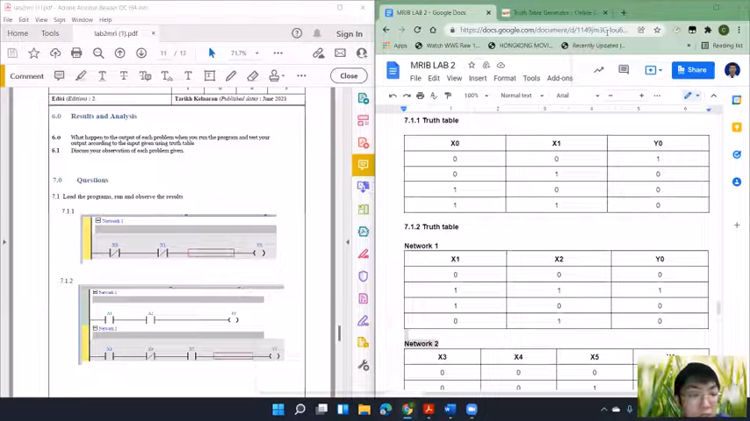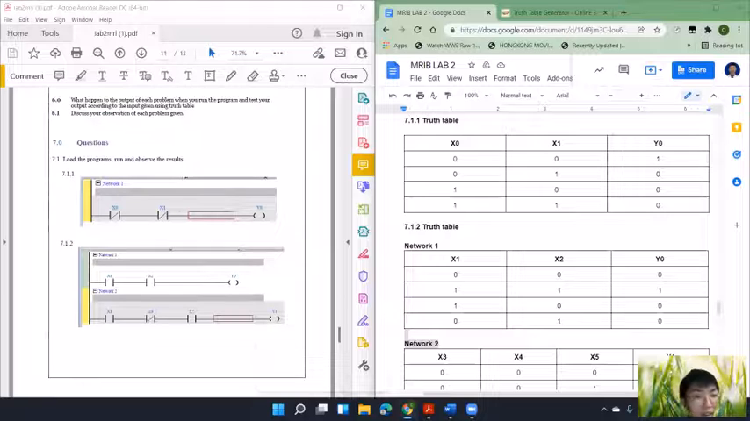Hi, Doctor. My name is Tung Yao Shen, and now I will continue to present for the Lab 2 MRIB. So now I will explain and show how I can test the output according to the input given using a truth table. How to test using a truth table was already explained in the previous lab, but in this lab I will explain in more detail how we can check our results. So we are given